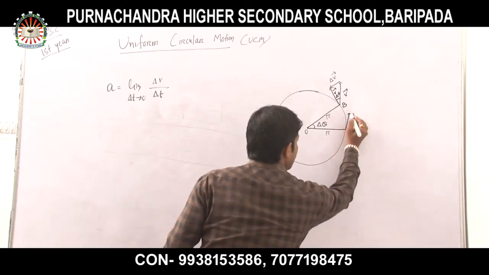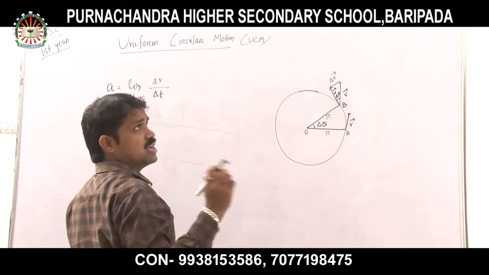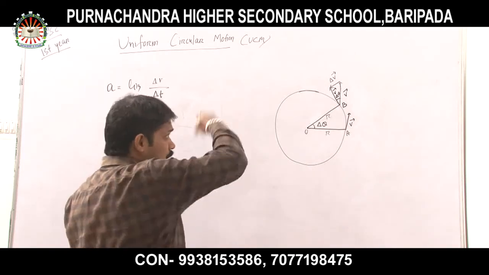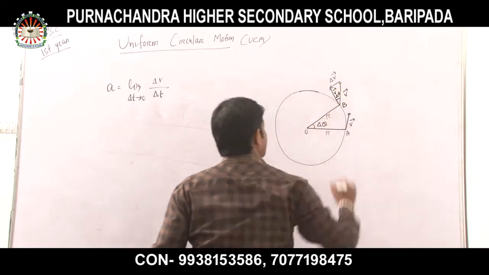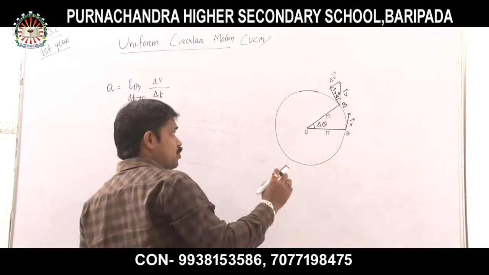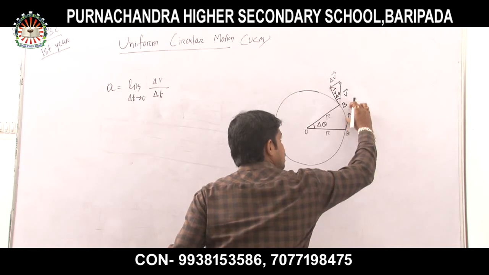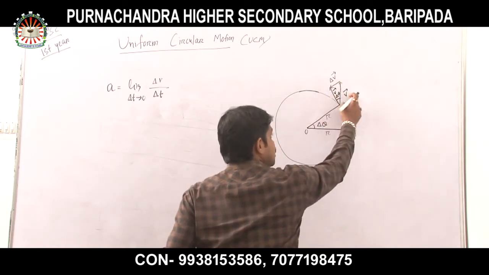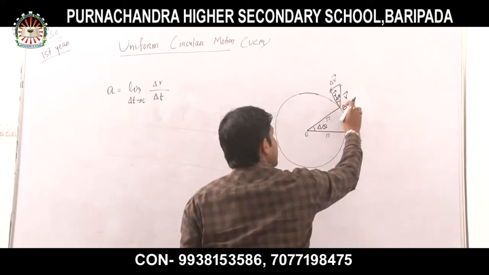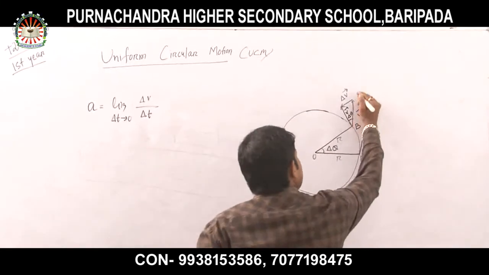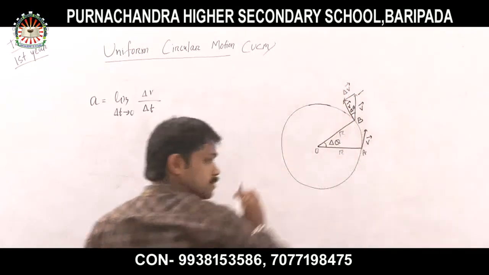So this is the direction of the linear velocity at point A, because we know that linear velocity is tangential to the circle. Okay. Now at point B, this is the direction of the velocity. Suppose we are projecting this tangent to here. Then this is V. That means this is the velocity at point B, and this is the velocity at point A. Just I have to project here.